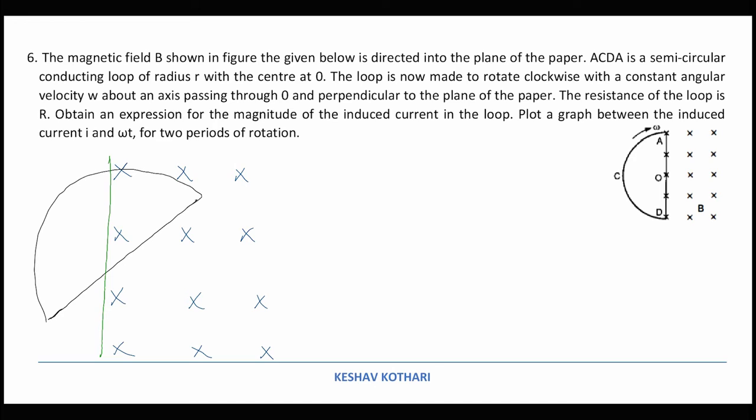I am considering this angle theta, and this one is a new area that is being introduced, so I am calling it d theta. So this is the flux change that is taking place right now,